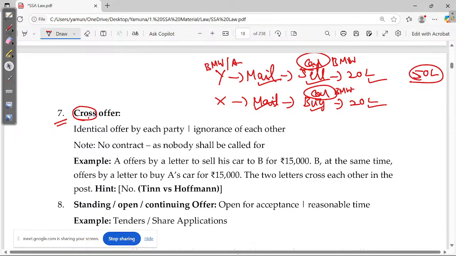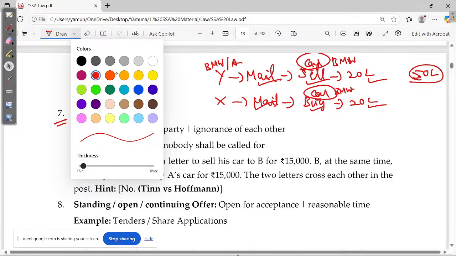Why? For a contract or an agreement, the very first thing is that there should be a minimum of two parties, but not two parties alone: one party to offer and another party to accept the offer. Till the last session, we were talking about two parties, and if there are two parties, it's a contract. But now we have to go to the next angle: one party who offered and another party who accepted.